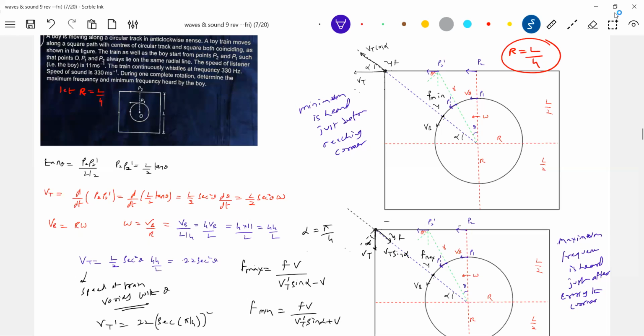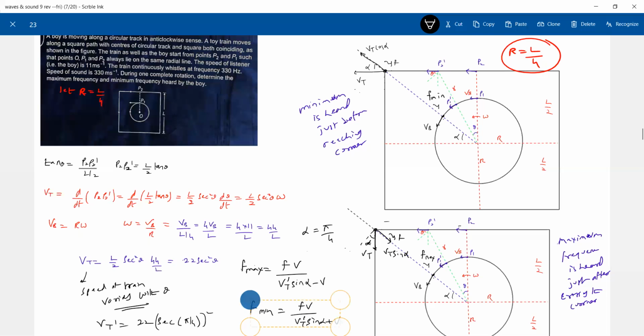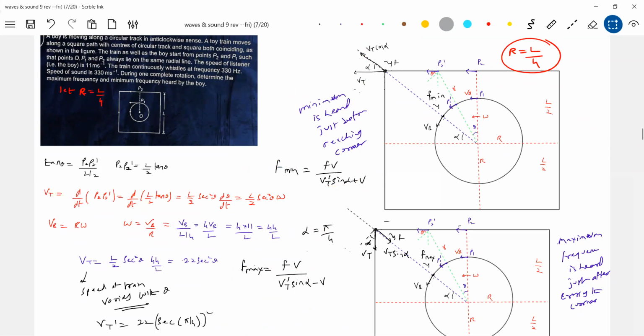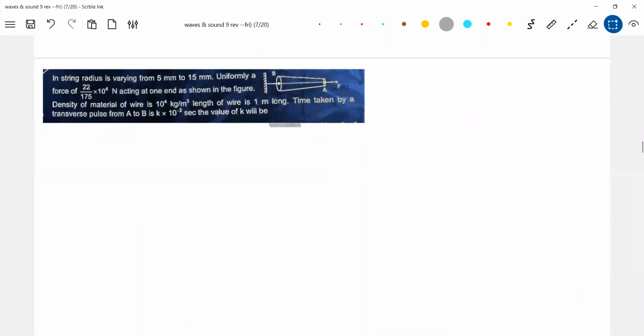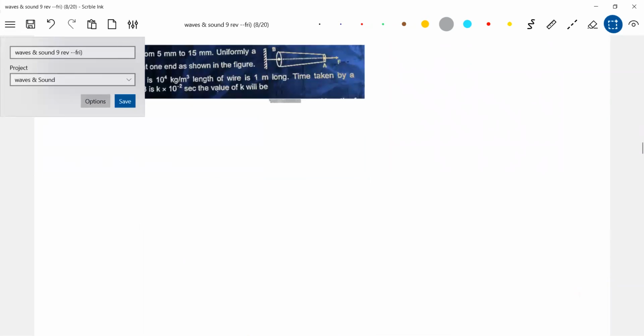So I can show that only the Doppler effect may trouble you in the exam. The rest, everything, you can manage very comfortably. So just be alert only when the Doppler effect situations are coming. The rest of everything you can manage. There is mathematics involved, so just be careful with the mathematics. Okay, simple. One problem I brought.